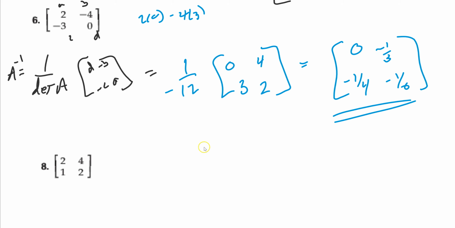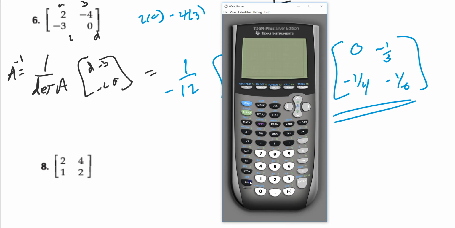So, one reason I did that is I want to show you doing it on the calculator. It's actually very easy to do. So bring up your calculator, turn it on. And we're going to go to second matrix, I always do that. We're going to type in our 2x2 matrix, the starting one. So let's make it 2x2 this time. 2, -4,